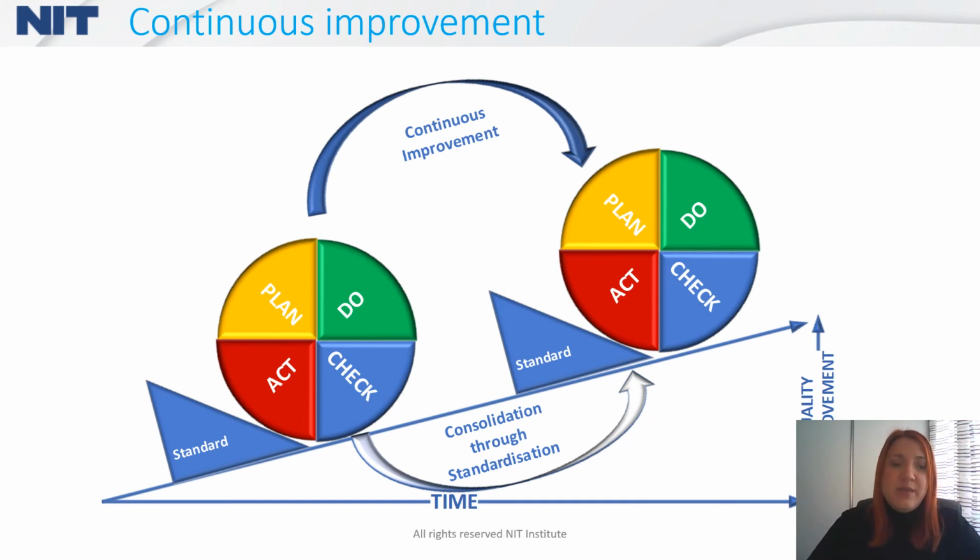And this picture is demonstrating such a thing, because while you are moving your improvement constantly in some cycles, you will have, of course, the quality improvement in a certain time. And every single PDCA cycle improves your standard, and you will have the consolidation through the standardization. And basically, this PDCA cycle is moving the quality management system, as I said.